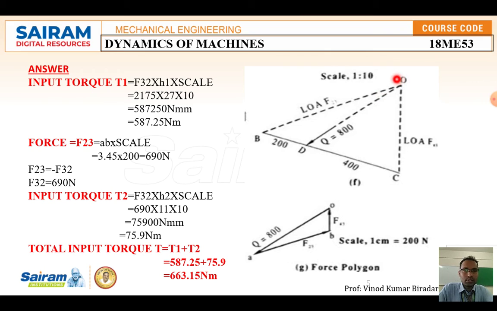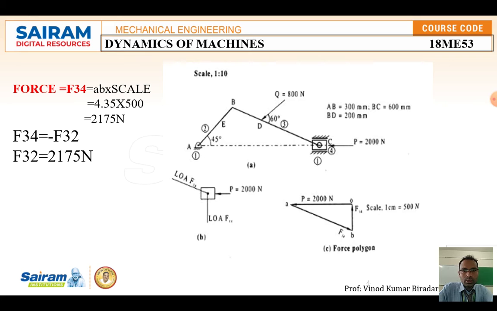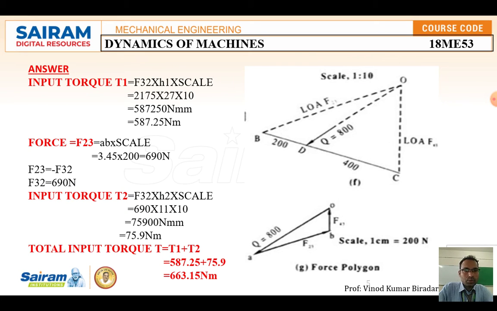That point is the intersection, called the point of concurrency. Then the body is in equilibrium position, that is static equilibrium position. Here the line of action is what? This force is F34, and this is F14. Now force Q is equal to 800.